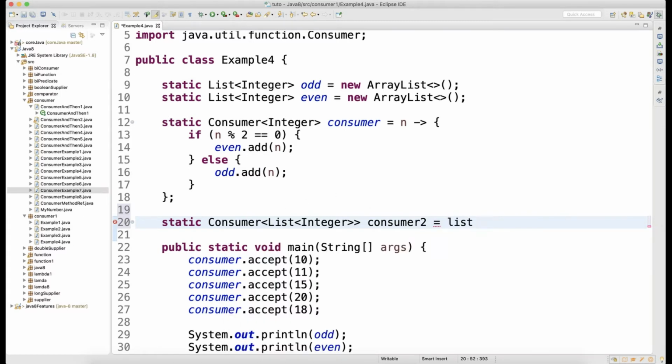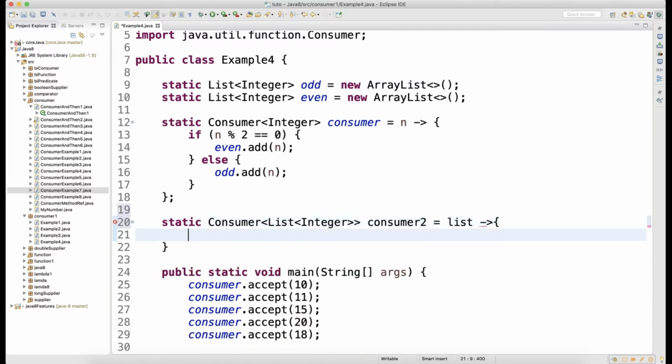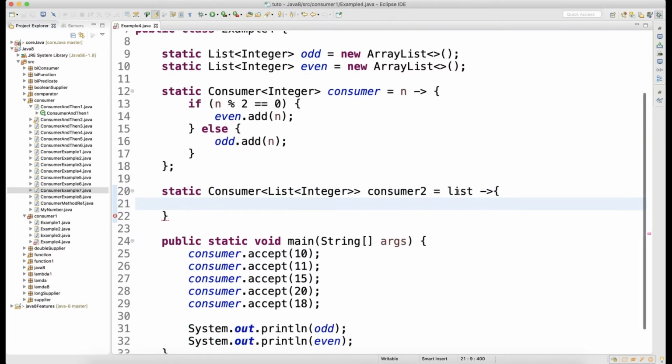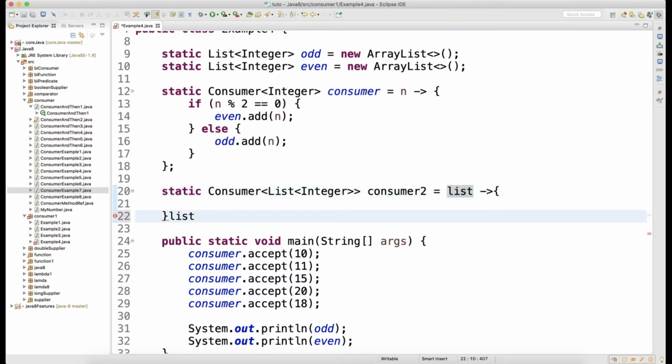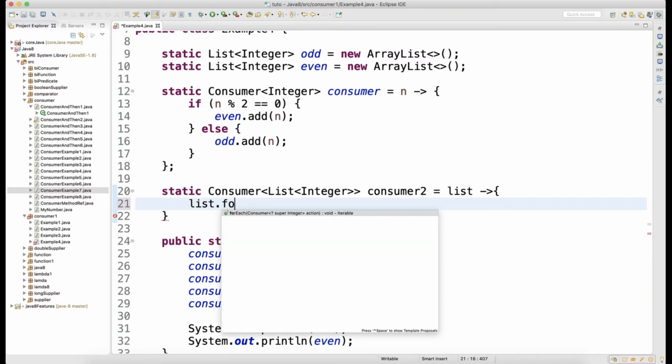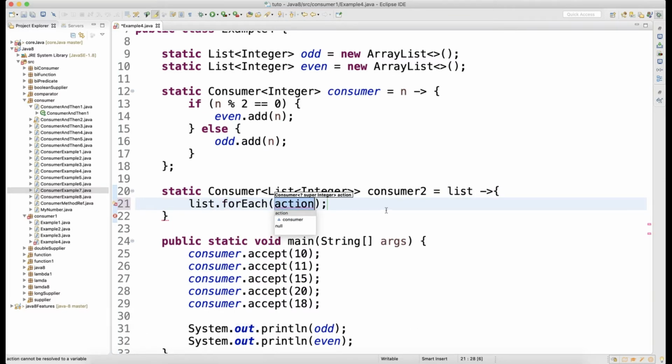It will take the list, arrow mark, and then whatever list you are supplying, list dot forEach, and for every record we need to print the data.